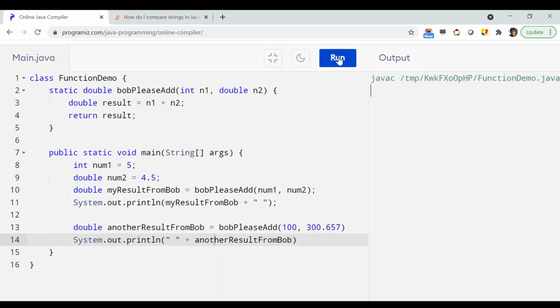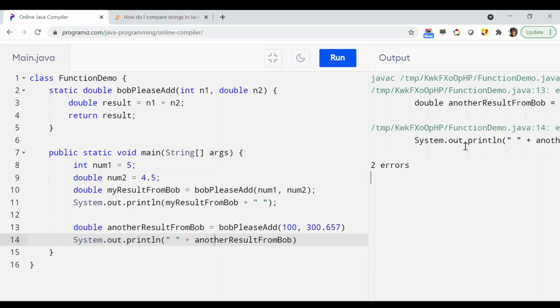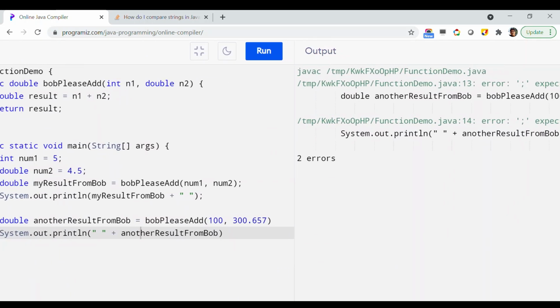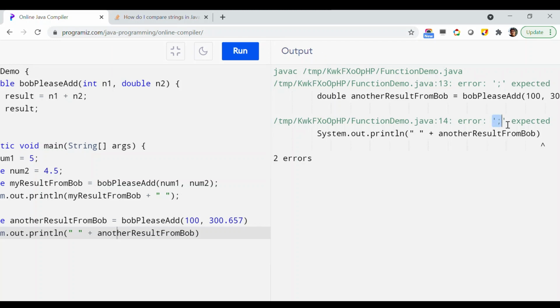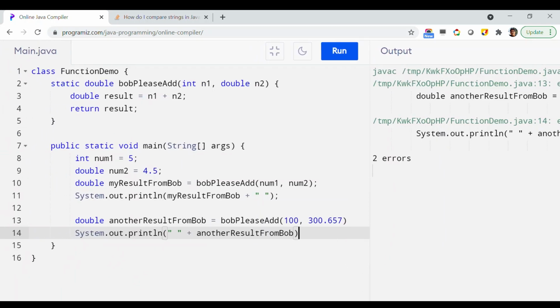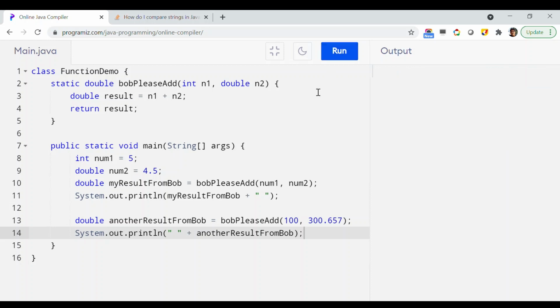So let me run this program, and well, I got an error, which is happening because I forgot this semicolon at the end of the line in here. So let me put the semicolon over here, and also I forgot the semicolon here. After correcting these two errors, let me run the program once again, and let us see whether I get back both the numbers, 9.5 and